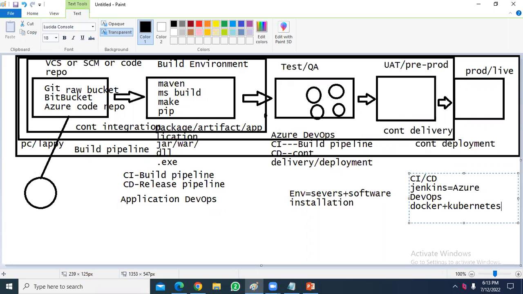You said three tools. Those three are: Jenkins or Azure DevOps, that is one. Jenkins is equivalent to Azure DevOps. The second one is Docker and Kubernetes.